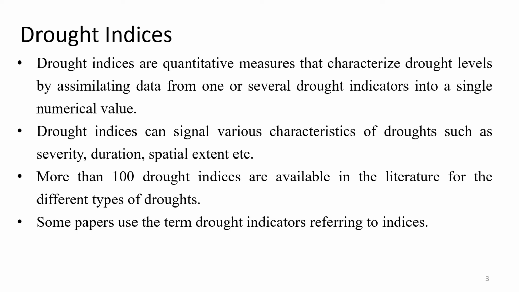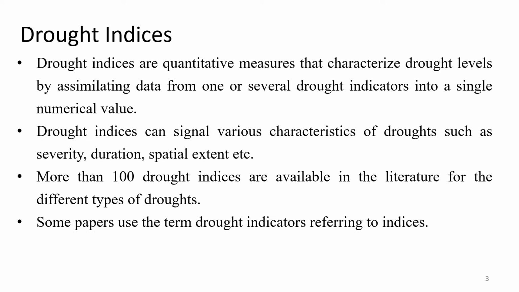So these drought indices can be univariate or multivariate. That is, it can use only one variable or more than one drought variable or drought indicator. And typically these drought indices will signal the characteristics of droughts, such as how severe the drought is, duration of drought, basically it will tell us when we can declare onset of drought, when we can say okay drought has gone away, and what is the spatial extent of drought, how much region is affected, etc. All these characteristics of drought events can be known from drought indices.